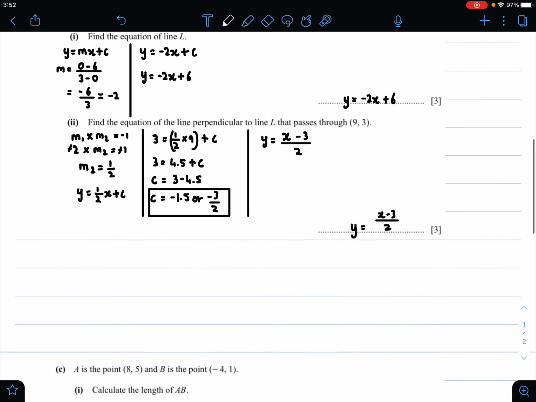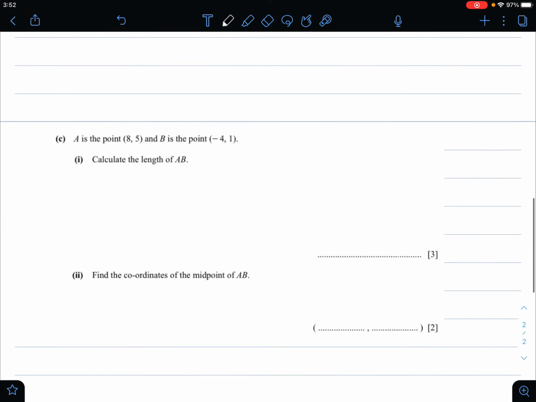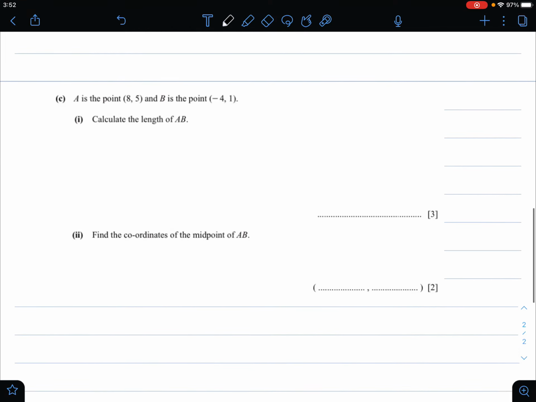Now let's move on to part C of this question. For part C1, they are asking us to calculate the length of the distance between the point A and B, or the length between the point A and B. How we do that is we use the distance formula, that is x1 minus x2 the whole square plus y1 minus y2 the whole square, and the root of that. So root of 8 plus 4 the whole square,